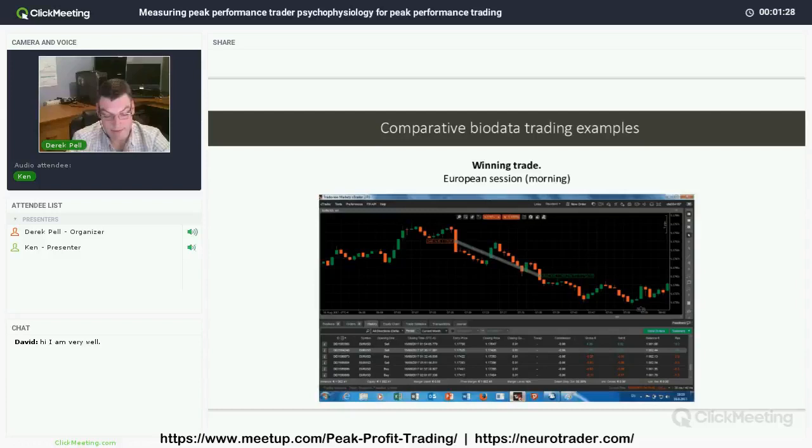So that's the reality. That's the effect. So everything is pretty much cause and effect. Trading account balance is the effect. But we want to look into what is the cause. How do we measure the cause of peak performance in terms of your psychophysiology? So your psychology is your mental states, your cognitive and your subconscious processing of data.